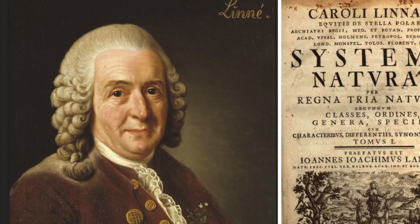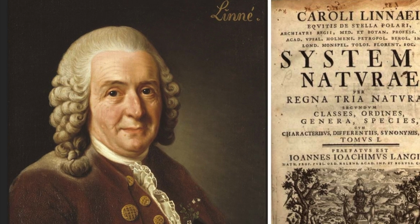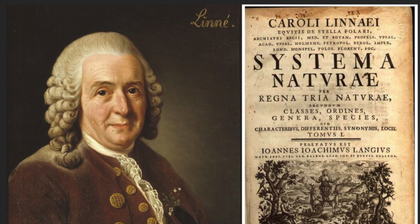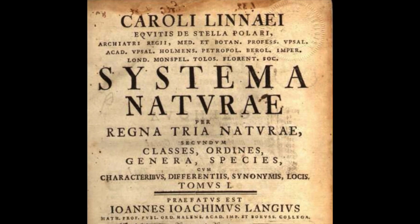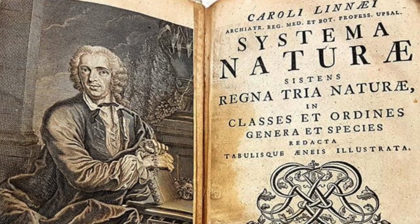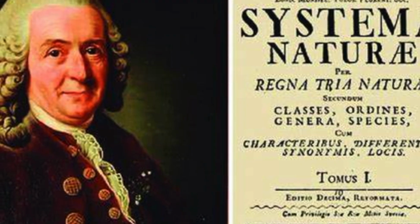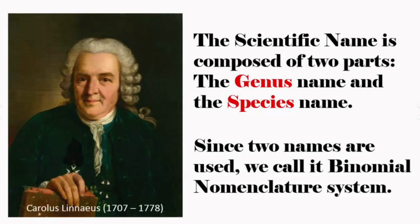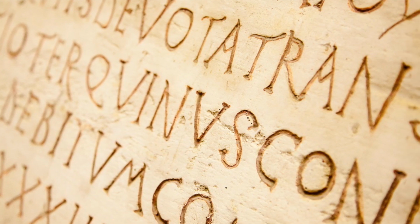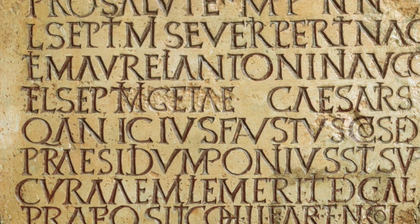Where do these confusions come from? About 250 years ago, a genius, a very educated and smart scientist from Sweden, Carl von Linné, wrote a groundbreaking book called Systema Naturae, where he made an attempt to organize all the surrounding environment, from the stones and rocks and minerals over the plants to the animals. And he proposed for naming the animals the so-called binomial nomenclature, which consists of two names. The first is the genus name, and the second is the species name. As he was very versed in Latin, and at that time Latin was the noble language of the educated people, he wrote this book in Latin, and of course his proposal was in Latin,